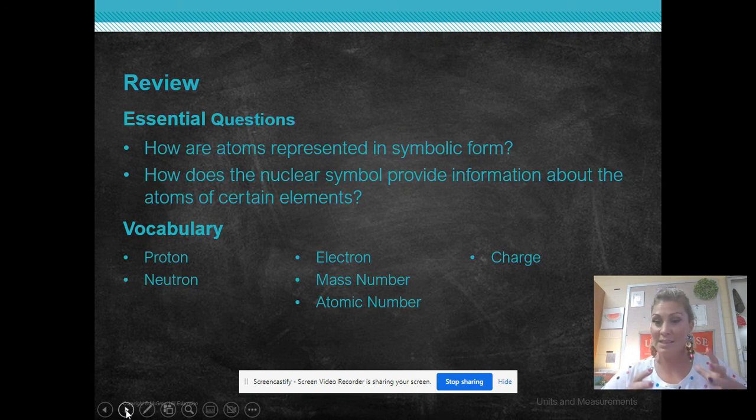I would be facilitating to make sure that they're working through the problems and that they had the information to continue on. I would expect to spend more time with the students who needed help with the calculations and or the reading comprehension. And then once they were able to answer the essential questions, once they understood how to pull the information out of the nuclear symbol and how to draw the nuclear symbol, I would release them